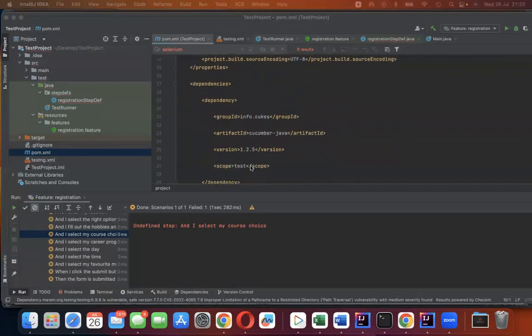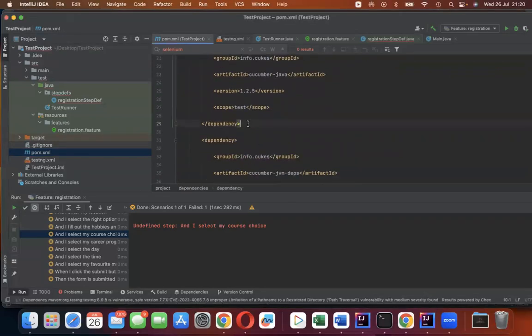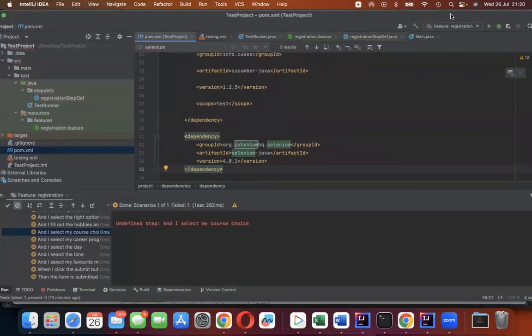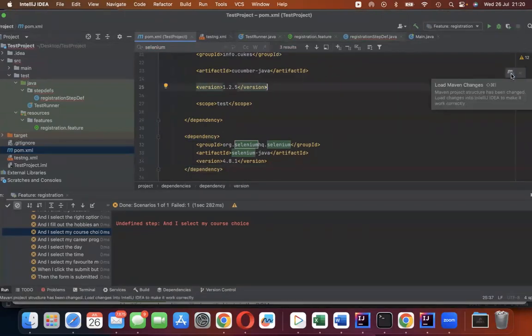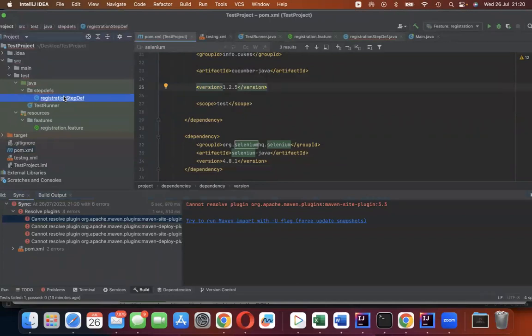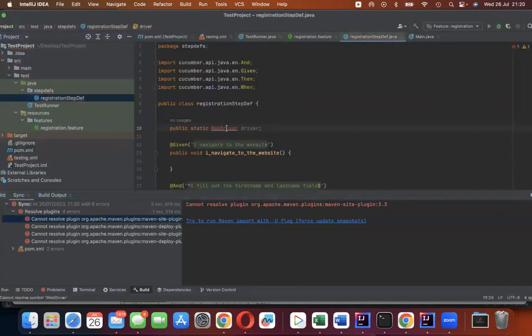I'm going to add a dependency in my current file that I need. If you add a new dependency, you will always get this prompt to reload your Maven import. This is basically to download the dependency into your IntelliJ, and you just need to click on it and you'll see the cursor moving just below here. Like I mentioned previously, you don't need to worry about these ones. I'm going to be resolving them later on. So if we go back into our step definition,